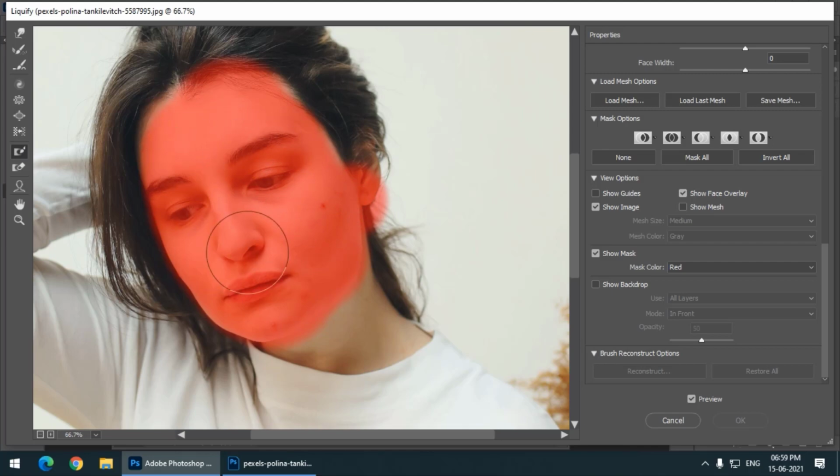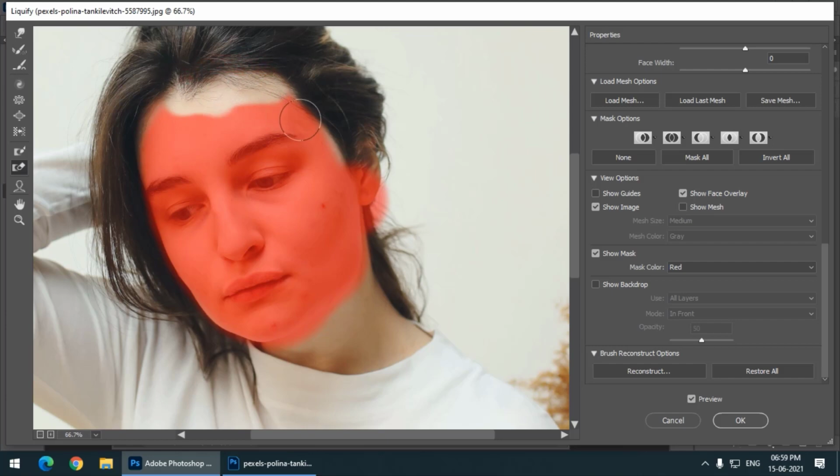So I have now protected this particular area, and if I try to change these things, it won't affect this area, as you can see, because it has been protected by the freeze mask tool. Now if I want to remove some portion of the mask, then I can use the thaw mask tool. So basically we are freezing and thawing.